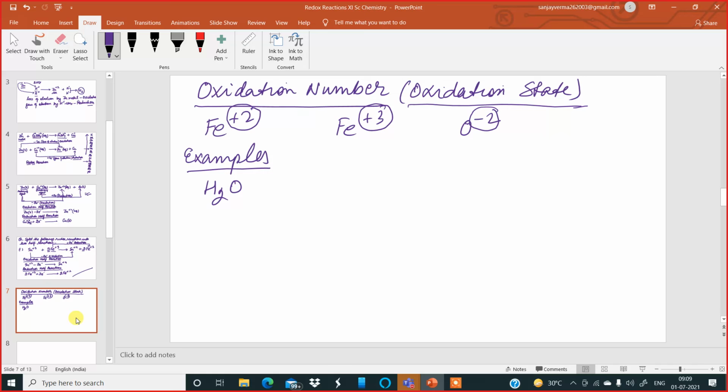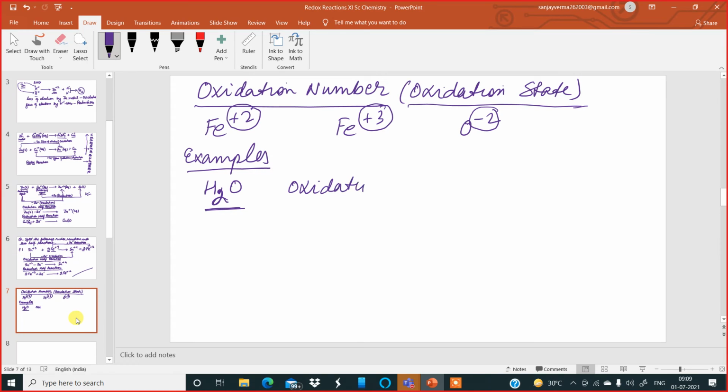Now, in water there are two hydrogen atoms. In a water molecule there are two hydrogen atoms, and how many oxygen atoms? One. So what is the valency of hydrogen? It is plus one, not plus two. So here in this example of water,